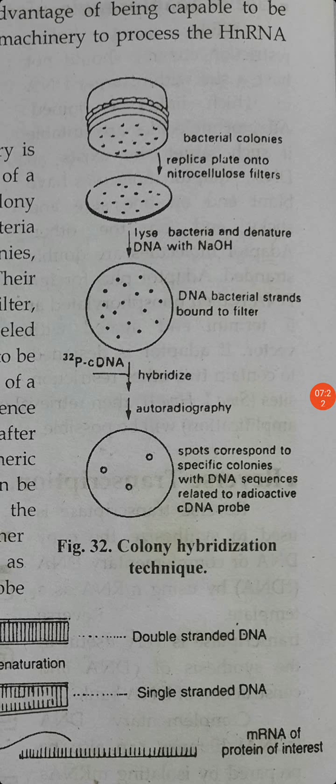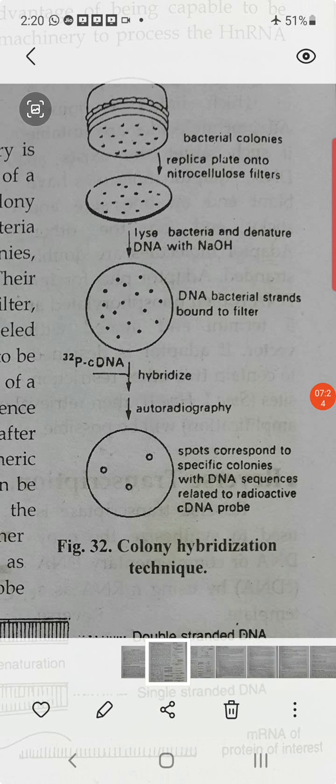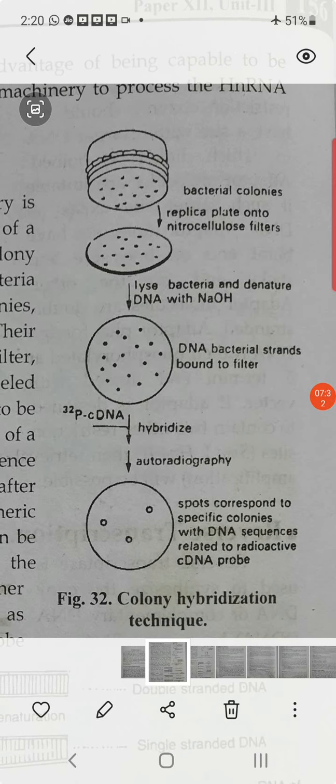So this technique is described as colony hybridization. Very simple: the gene of interest we have to introduce into the bacteria. Then the bacteria grow, and when bacteria grow, their genomic material divides every time. At that time the inserted gene is also divided every time and we get many more copies of this gene, and that gene we have to identify for sequencing. So this is called colony hybridization.